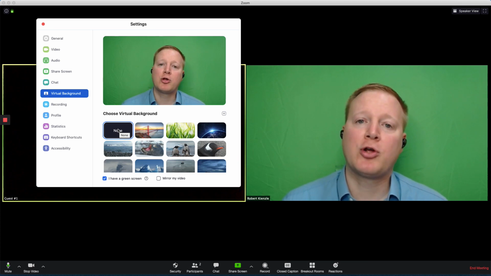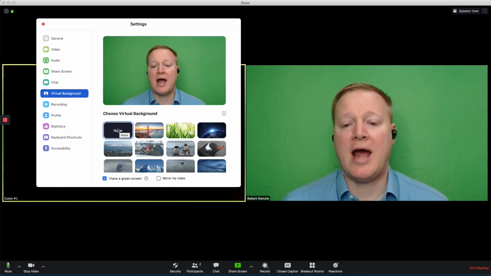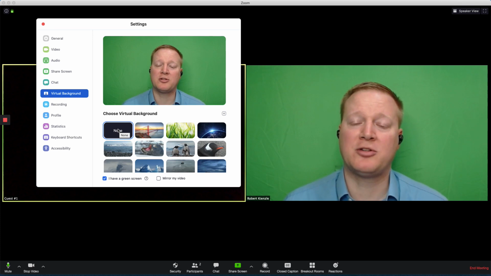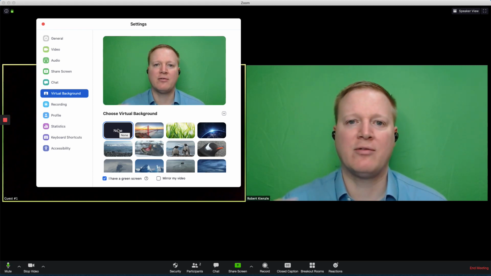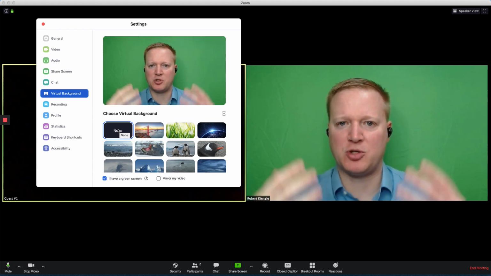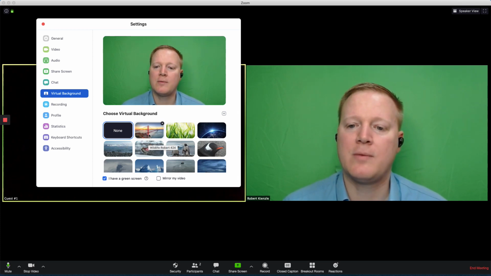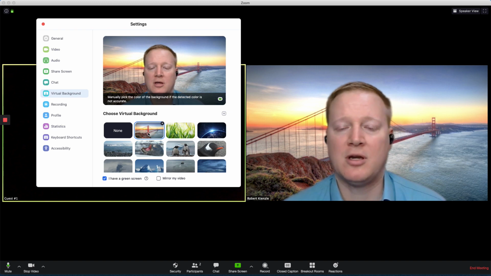If you have an older computer or a slower processor, like an Intel dual-core processor, Zoom wants you to have a green screen. Now, no matter what computer or processor you have, green screens do make your virtual backgrounds appear crisper and they don't have as many interfering lines between you and the background behind you. So I let it know I have a green screen and I can pick any virtual background that's in my